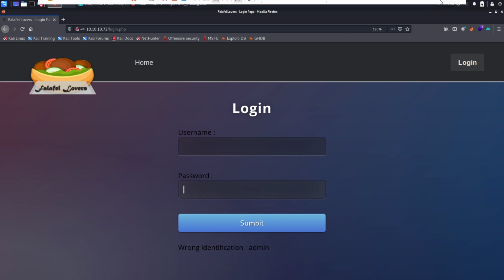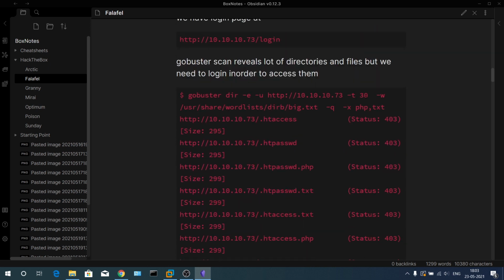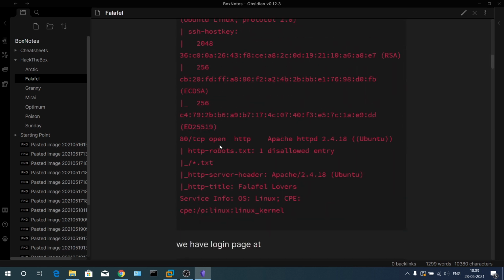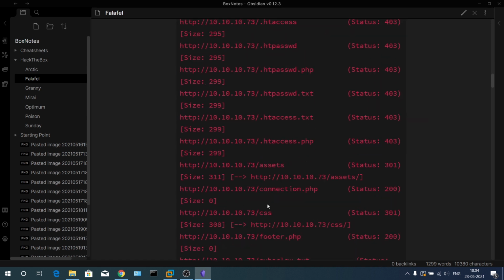So I will show you the GoBuster scan. This is the login page, and I have put the extension text files, because in the robots.txt they are disallowing text files from showing up in web crawlers like Google or any other web crawler. That's why I got the doubt and put the text extension.